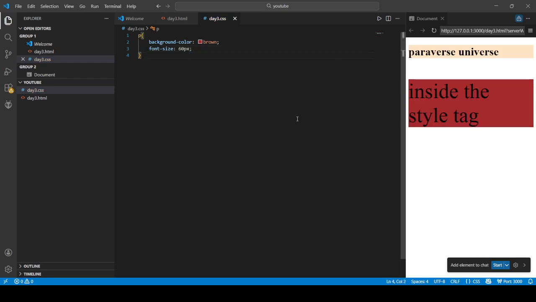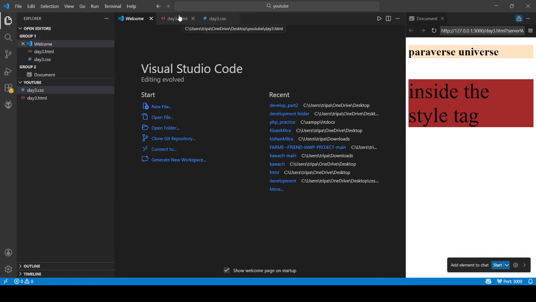So till now I have discussed all the ways to use the CSS. Now let's go to how to select the element. CSS selectors, this is our topic. The next topic is the CSS selector: how to select a particular element or group of elements or anything else. Okay, so